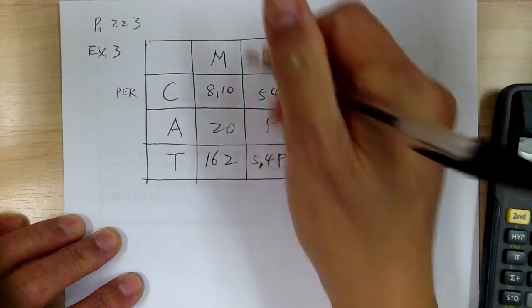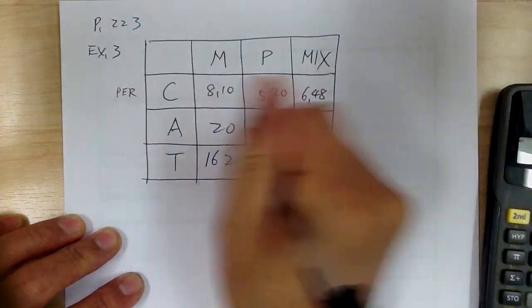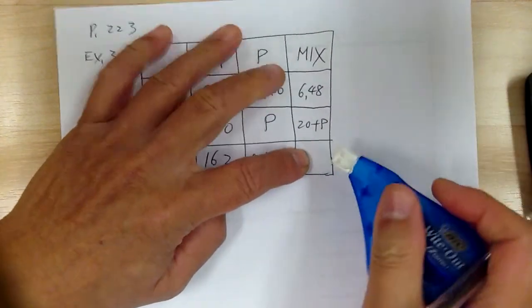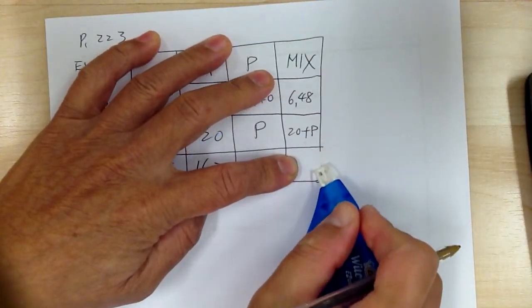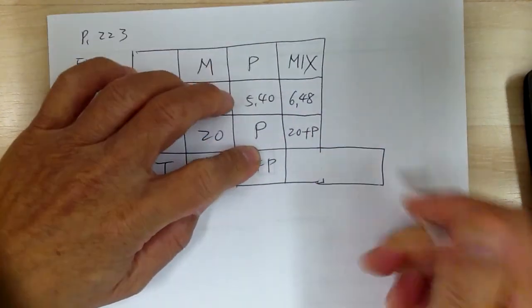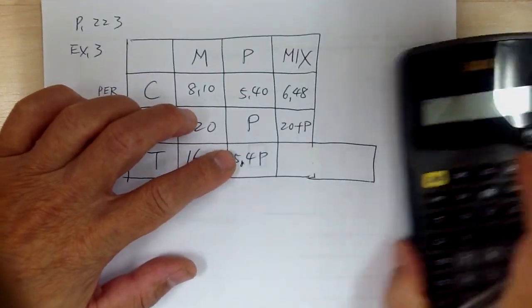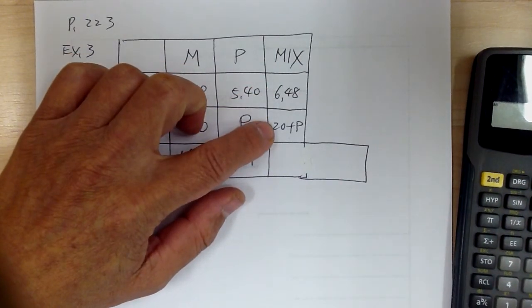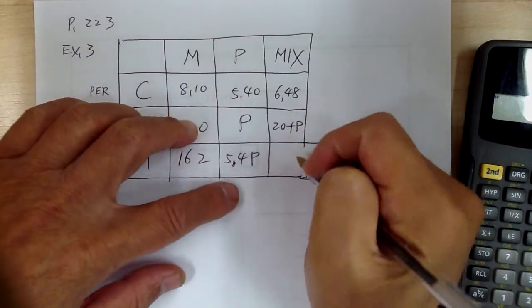Again, you always multiply down, you always add across. This square is a little bit too small, so go ahead and make it a little bit bigger. That's okay. So 6.48 times 20 equal